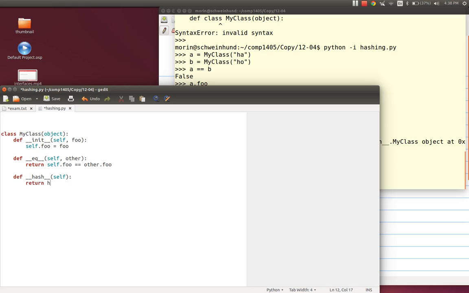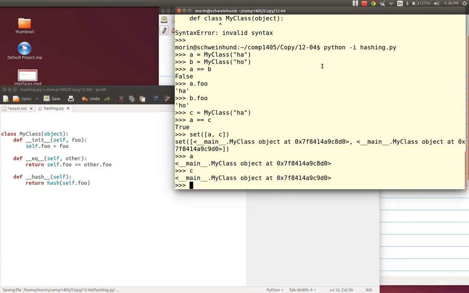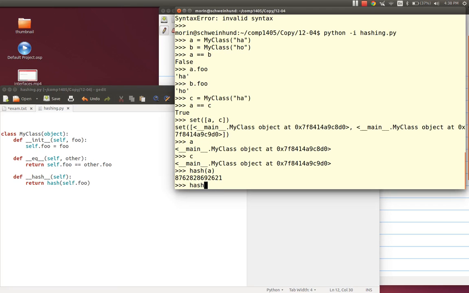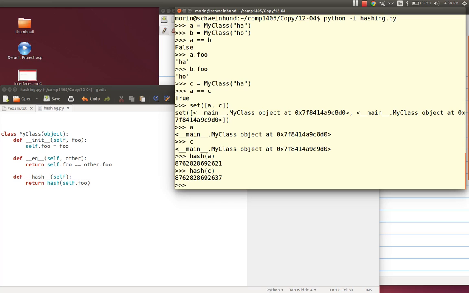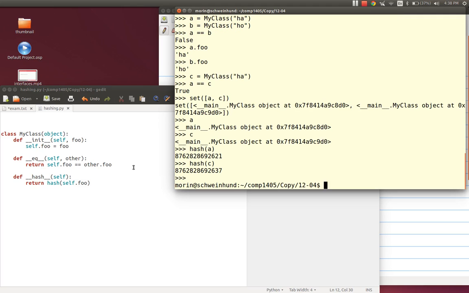So what we should return is the hash of self.foo. If I hash A, I get some number, and if I hash C, I get some other number, and I really should be getting the same number for those 2 things if they're equal. So let's try it with this modified class.